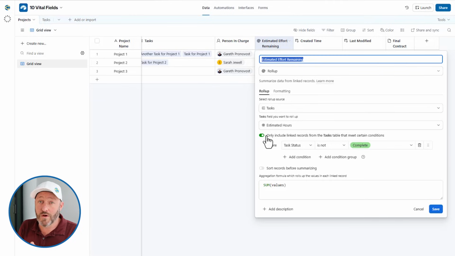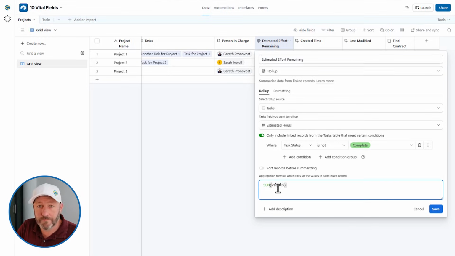So this is the rollup field. It allows you to reach through to linked records, evaluate some information from them, and do something. So in this case, a sum, or perhaps an average, or take the maximum value or the minimum. There are many different aggregation formulas that you can use, including some for text if you're working within arrays. So check out and master the rollup field in your builds to pull in better information from other data objects